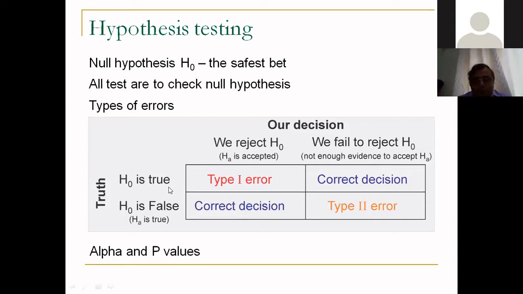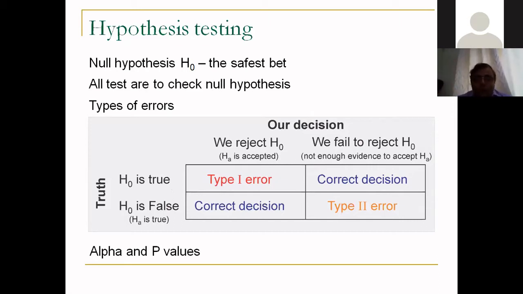The problem comes when the null hypothesis is true. That means the taxa that we are proposing is the same as the known organism, so they are the same, but we call them significantly different from each other. We call them two different species.